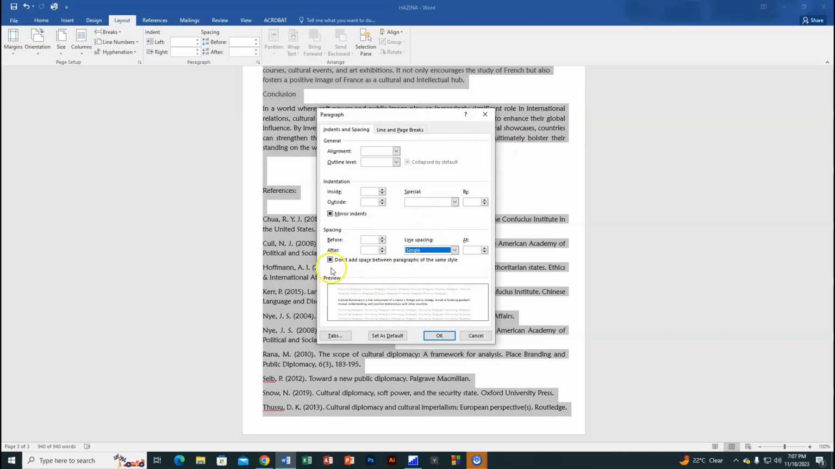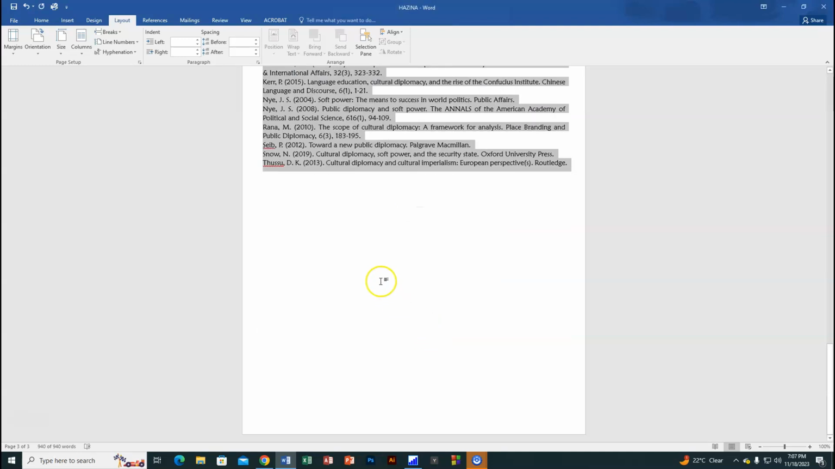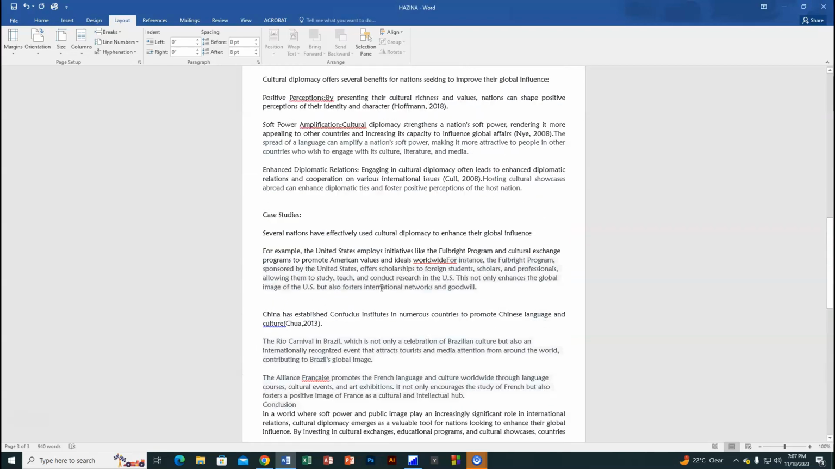I can again click on "Don't add space between paragraphs of the same style." If I click here, you can have a look at the preview window so that you can see how your final document will look. If I uncheck this checkbox, you can observe what's happening on the preview window. So let's check this box and press OK. So again, you will see that